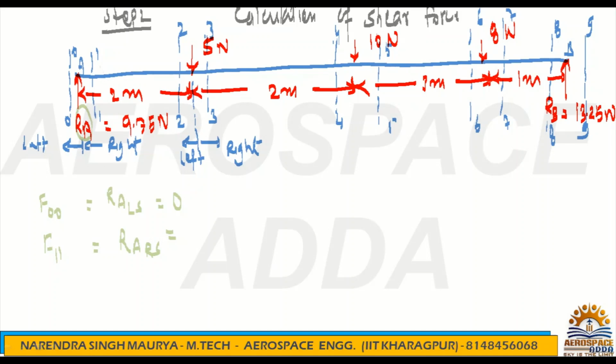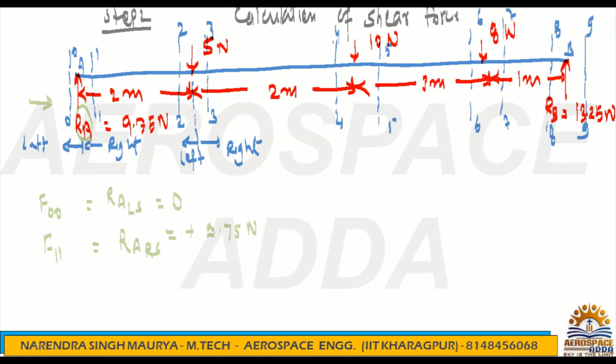F11 means you are just right to the RA, so you are moving in this direction. Earlier you were at 0 0, which is just before the beam started, so obviously there will not be load. But 1 1 is just after the beam started. Once the beam started, what is the reaction force? It is RA, and it is in upward direction. So F11 will be plus